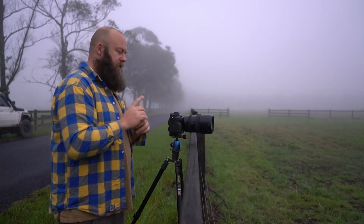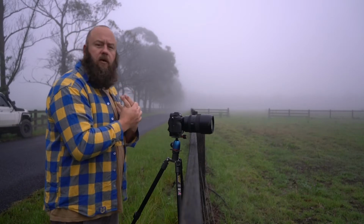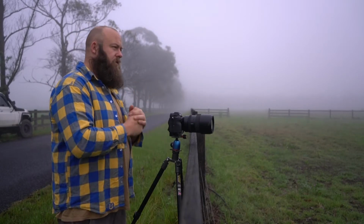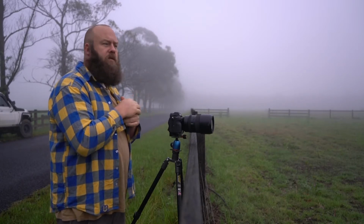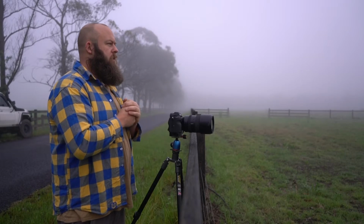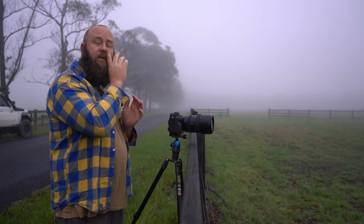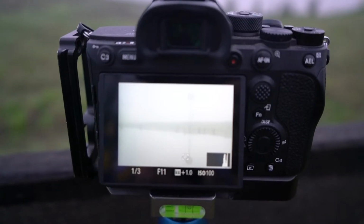The one problem I'm having is that there's so much fog about. Because I'm trying to focus on something that's 100 meters away, autofocus is not working, so I'm having to manually focus on the windmill, which is fine. It's near enough to infinity focus anyway, not a big deal, but just something worth noting if you're trying to shoot something far-ish away in fog. Forget autofocus, not going to happen. That's sort of my composition there,